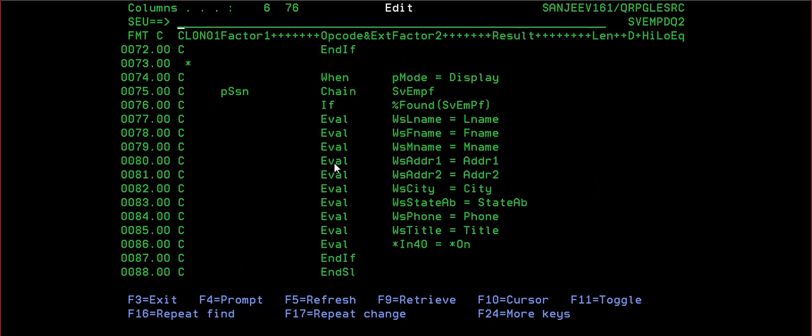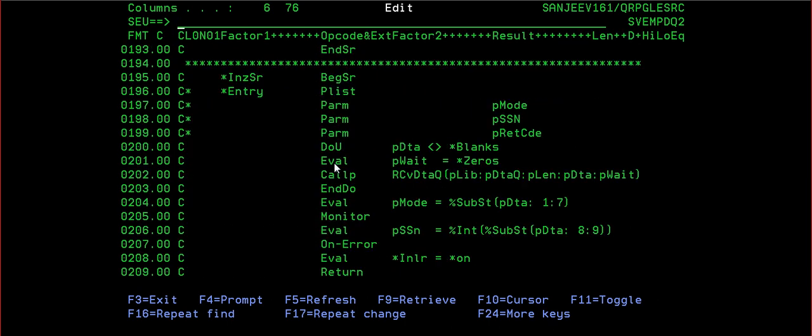In receive data queue also I have to do that, p dtaq, p.